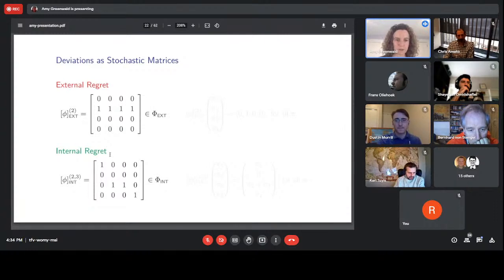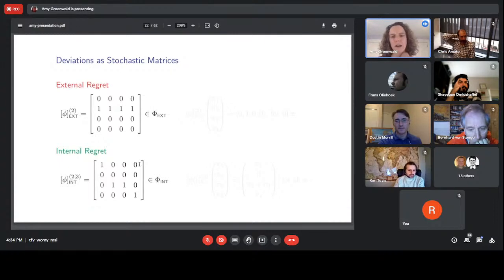Internal regret is similar. So again, this is saying if I am thinking about playing action 2, let me switch to 3. That's what this particular internal regret matrix is showing us. And we have the identity, 1s on the identity everywhere. So that's just saying, don't make any other changes except for 2 to 3. And we would have an internal regret matrix, order n squared internal regret matrices,